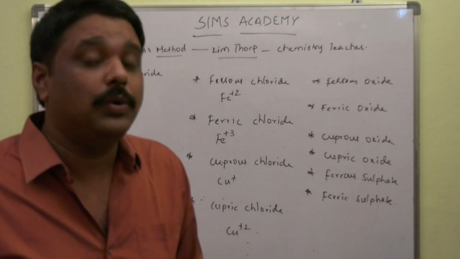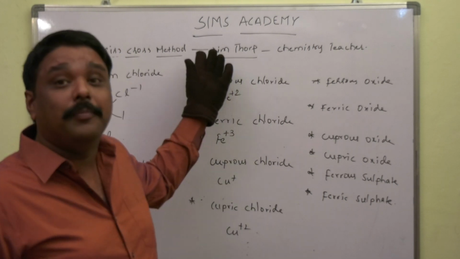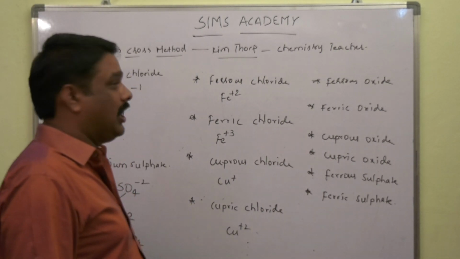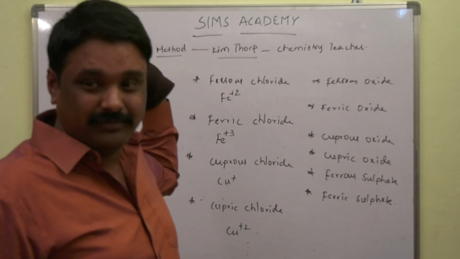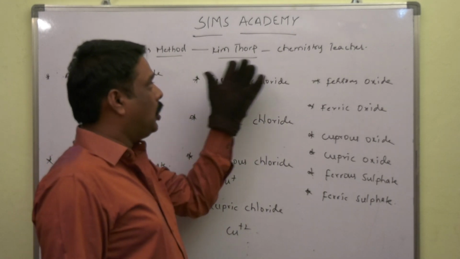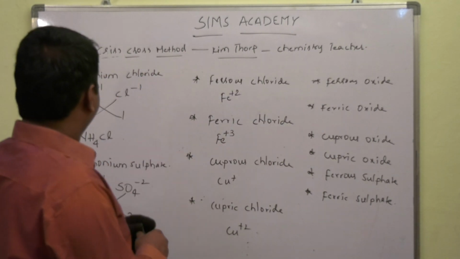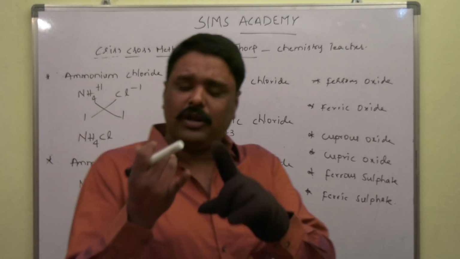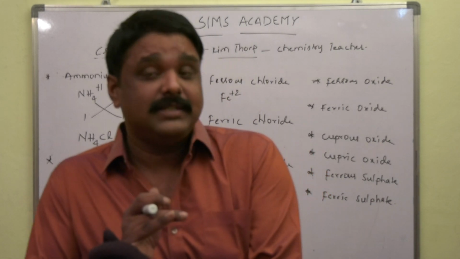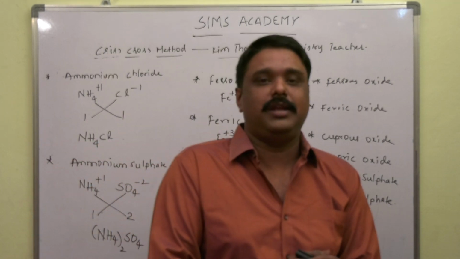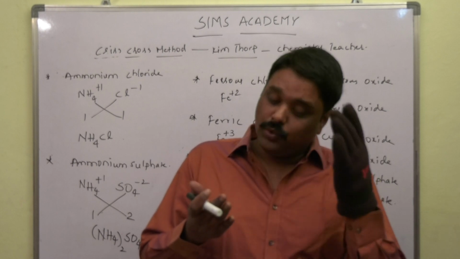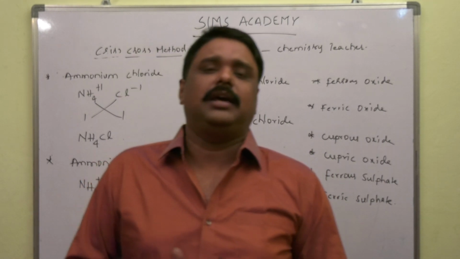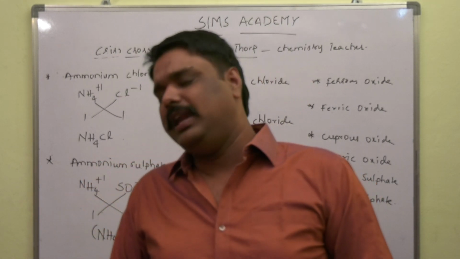formulae, given by whom? Kim Top. Okay, not that Kim from that China. Kim Top is a chemistry teacher, and this is the Criss Cross method. By using this, first of all, we need to learn the radicals. Radicals must be known compulsorily. After you have a better knowledge about the radicals, you can write the chemical formula of any compound